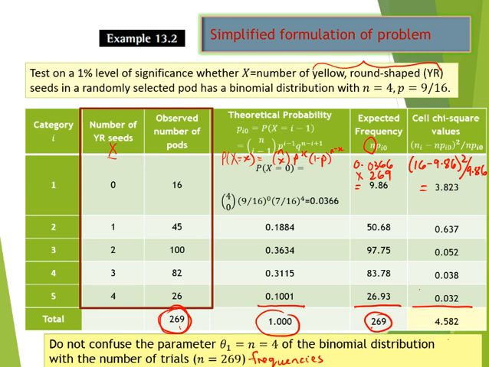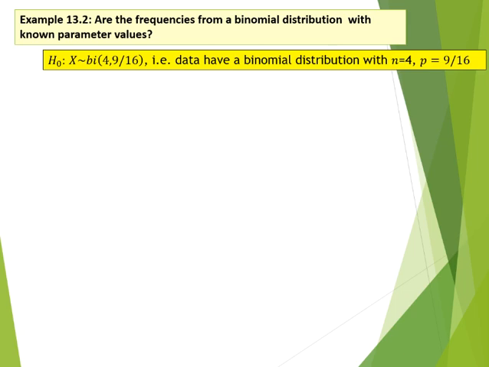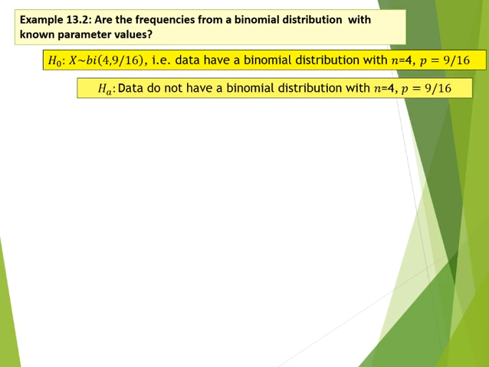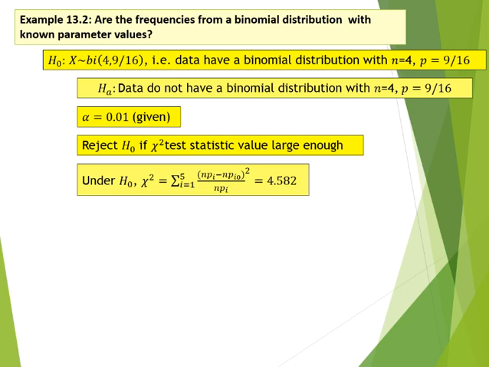So the test is on the frequencies from a binomial distribution with known parameter values. There's your null hypothesis: it has a binomial distribution with given parameter values. The alternative is that it does not have that. You get your rejection region when the chi-square test statistic is large enough. Under the null hypothesis, assuming binomial distributed frequencies, you get 4.582 as the test statistic value from the table,